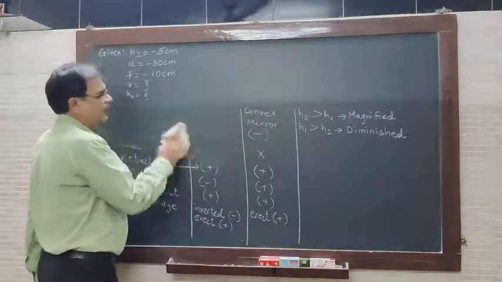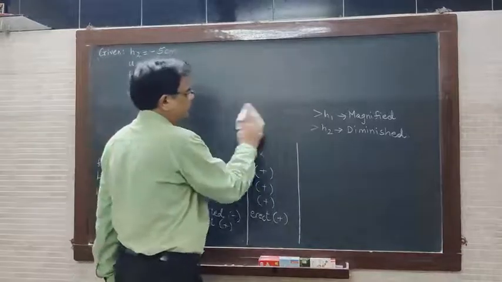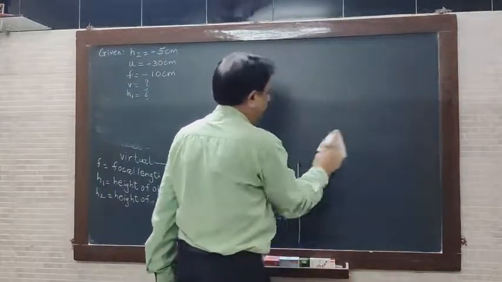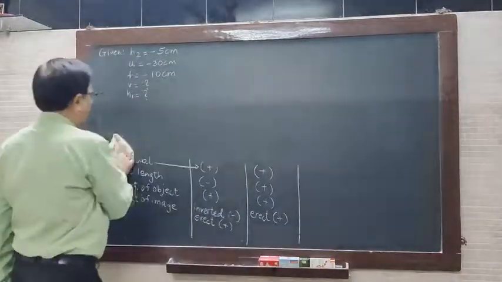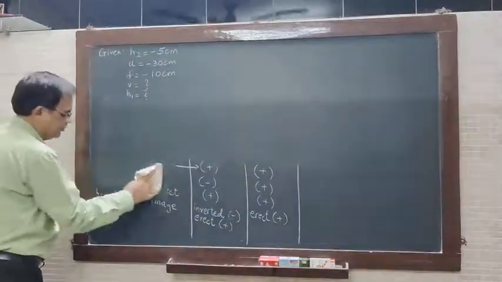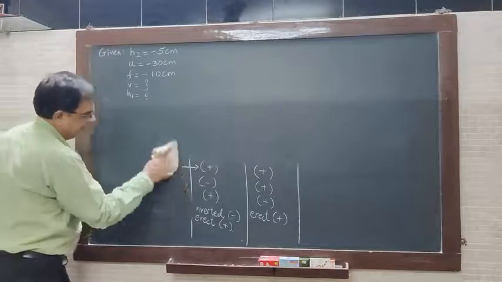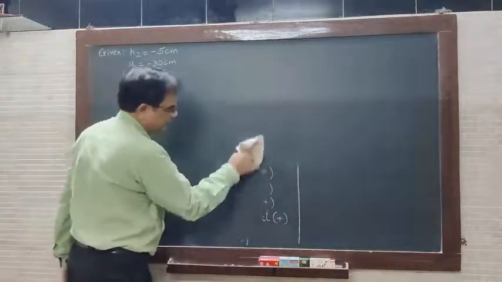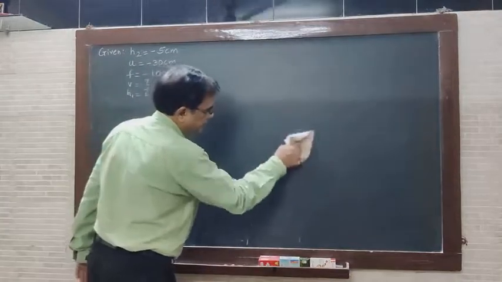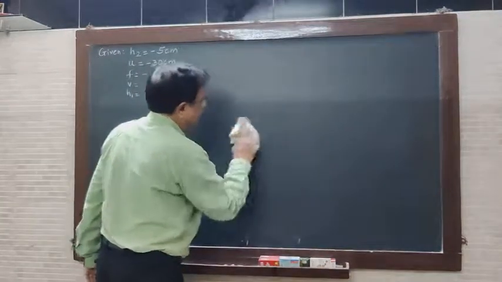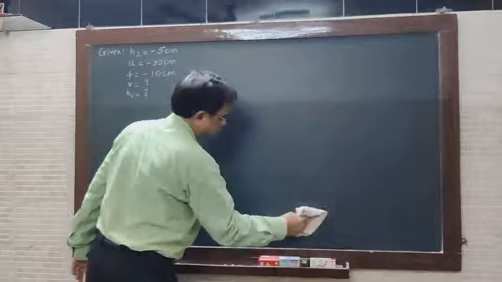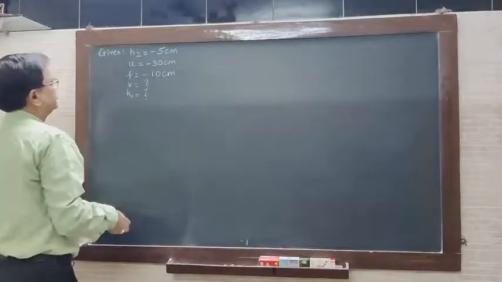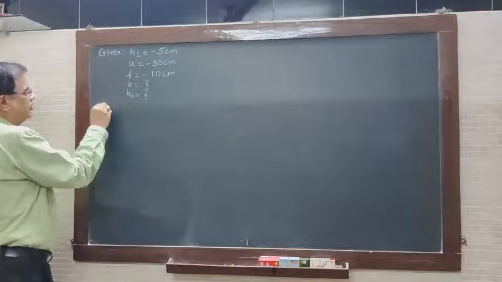I won't follow the textbook method that is done in the textbook. See how I am doing it. If you find this method easy, you can do it with this method, or whatever method you find comfortable, you can do it. To make that very clear, I am showing you one method over here, but whichever method you are comfortable in doing, you can use that method while solving the sum.